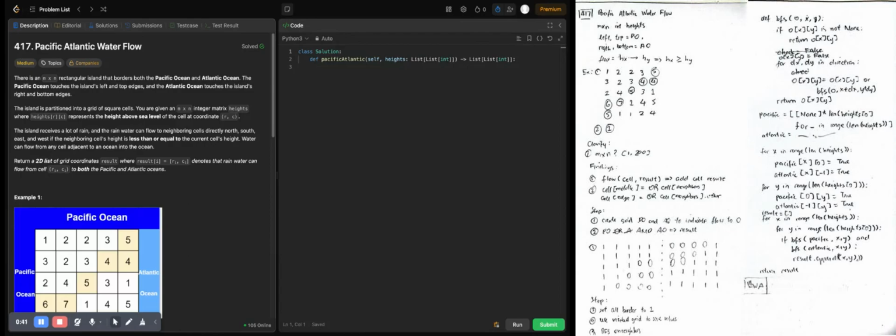Okay, so the problem question. There is an m times n rectangular island that borders both the Pacific Ocean and Atlantic Ocean. The Pacific Ocean touches the island's left and top edges, and the Atlantic Ocean touches the island's right and bottom edges. The island is partitioned into a grid of square cells. We are given an m times n integer matrix heights,